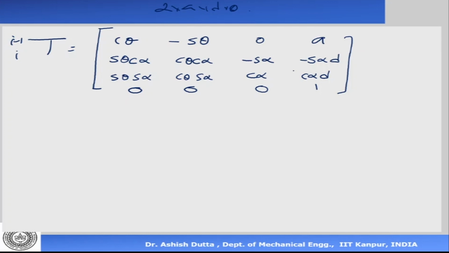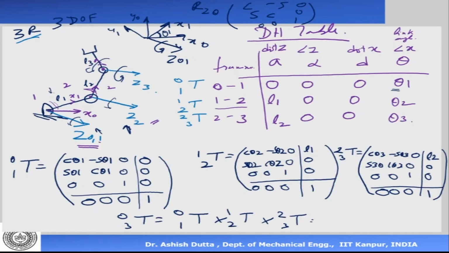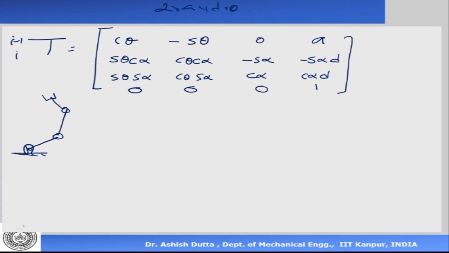So what I'm trying to explain, let me do it here. We talked about our two-link manipulator, which was like this, and like this. This was our 3DOF 3R manipulator. For this, we had made our DH parameter table, which is this one. I'll write it very quickly again. It is the same as this. Then we will derive our transformation matrices, which are T0 to 1, 1 to 2, 2 to 3, using the generalized matrix.